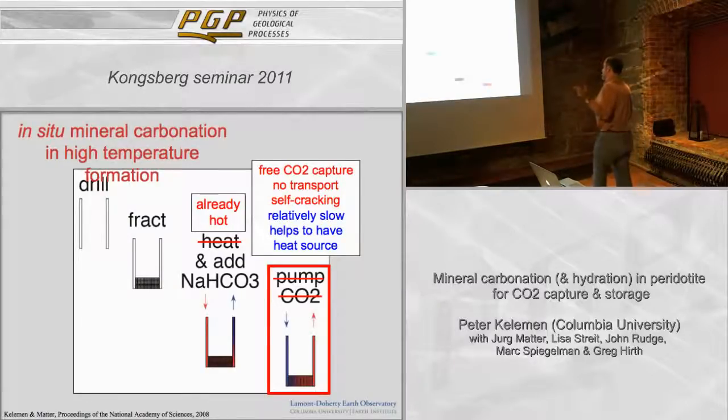So, in this happy little world, the rocks are already hot. We probably don't have to bother with sodium bicarbonate. We don't pay for CO2 capture. We don't pay for CO2 transport. We don't pay for cracking if we're happy. And it's slow, and it helps to have a decent geothermal heat source. And in fact,